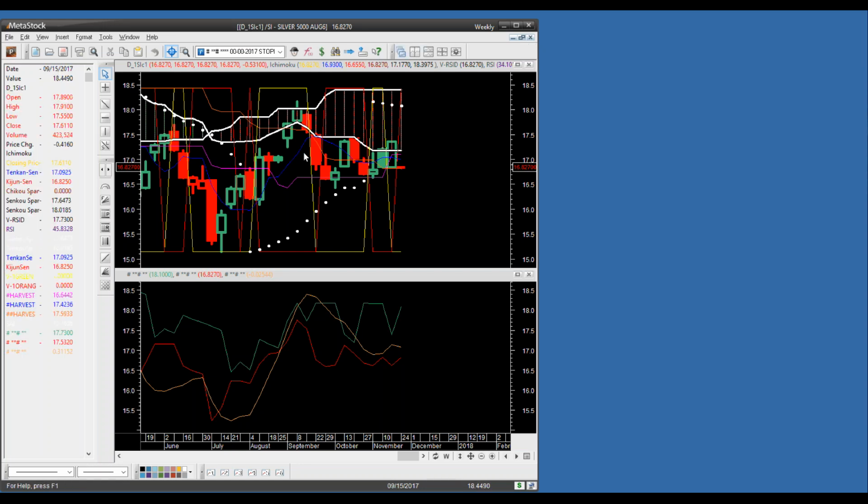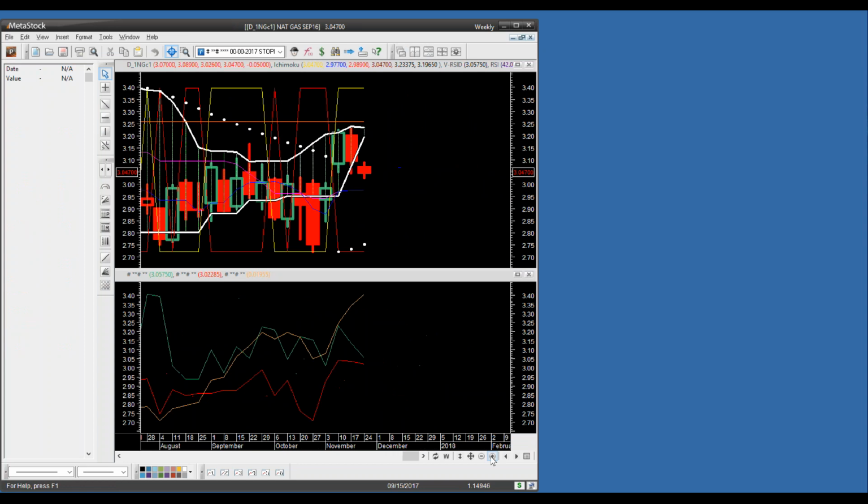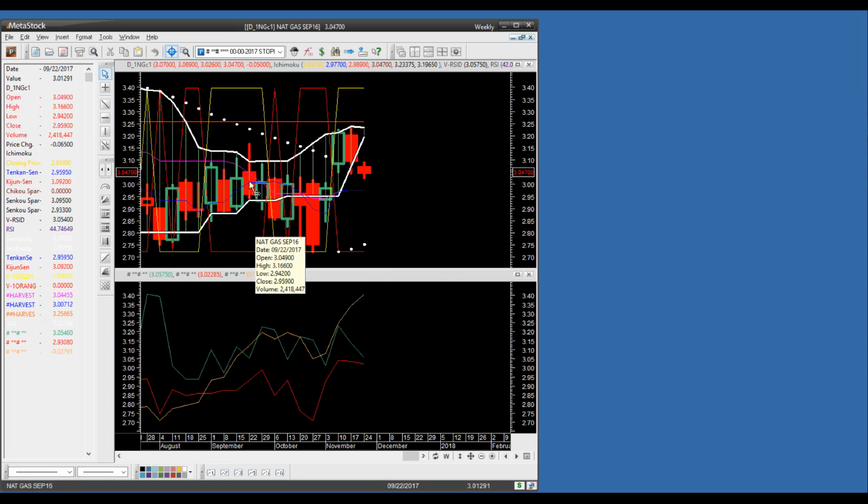All right, let's see here. Moving to our next chart. Nat gas. Let's look at that natty gas. All right, natty gas has been all up in the Kumo cloud, in and out, in and out, in and out. Market created a bullish pointer on the week of September the 22nd of this year. Price action finally got up to it to challenge it, and now all of a sudden we have fallen out of the Kumo cloud, but still bullish because it's trading above the momentum trend line, which is at